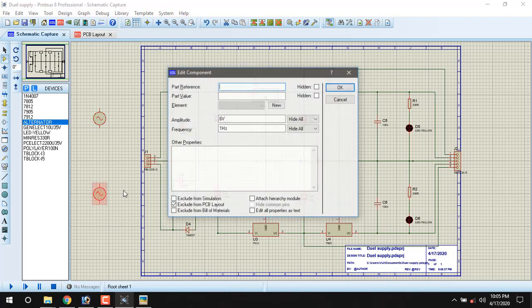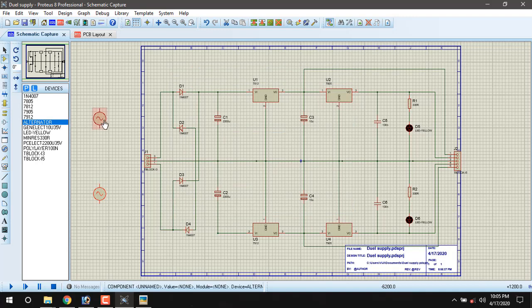Second, 15 volt, 50 Hz. Press OK. The middle one is ground.